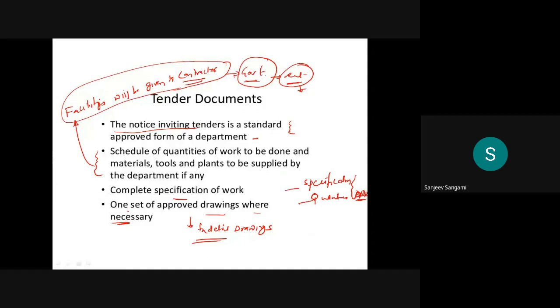Then some of the tools and plants supplied by the departments.